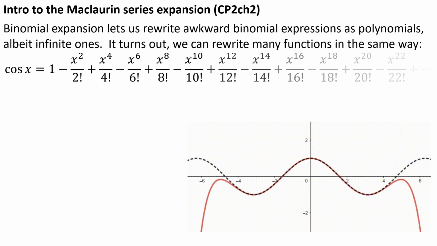So in particular, cos x can be thought of as this expansion, 1 minus x squared over 2 factorial plus x to the 4 over 4 factorial, and so on. This expansion, a lot like the Year 2 A-level Maths binomial expansions, goes on forever. You can see the animation showing how it gets increasingly good at approximating the curve, but it's never going to be quite perfect unless you somehow manage to include the entire infinite number of terms, which of course you can't